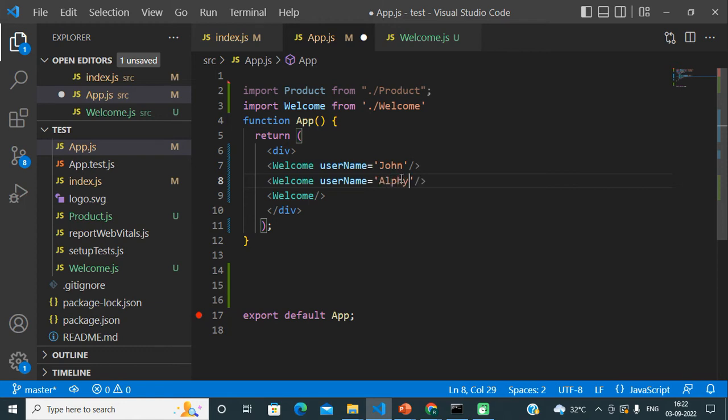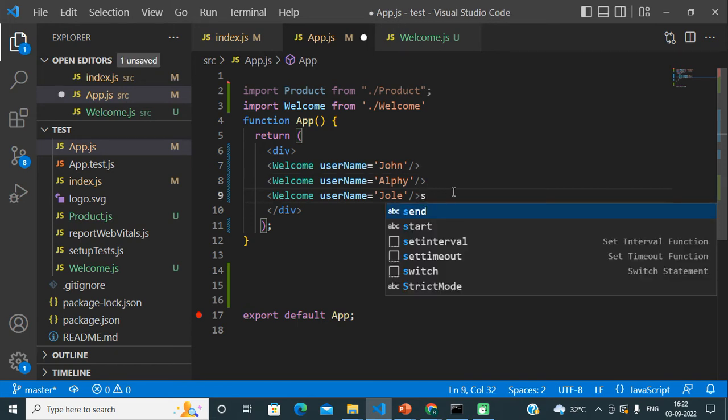The third time I will pass another username, let's say Joel. Now while calling that component, each time I am sending new data from outside to that component.